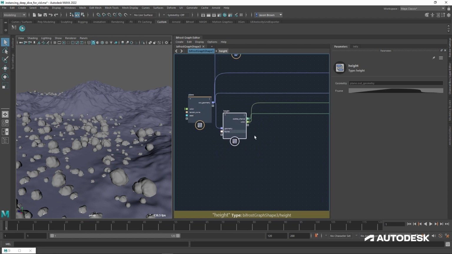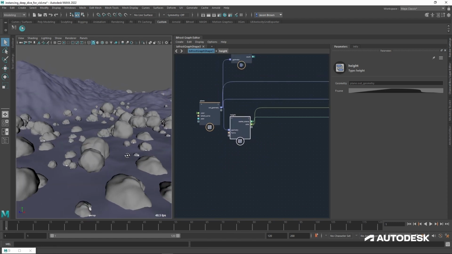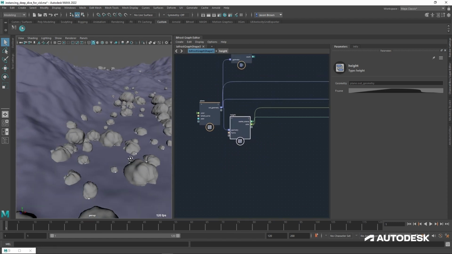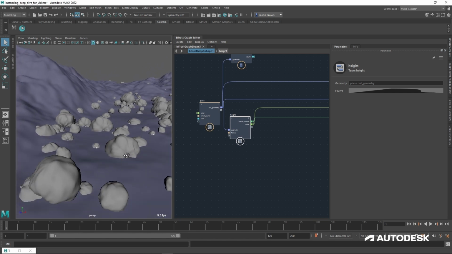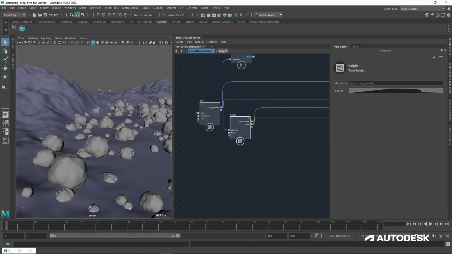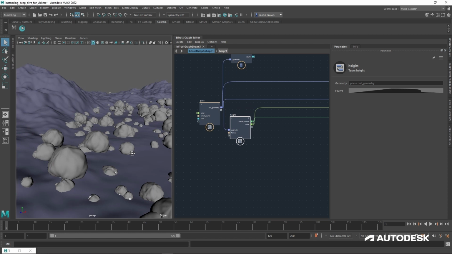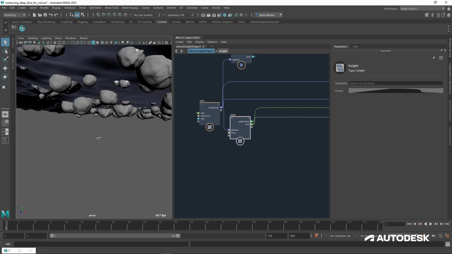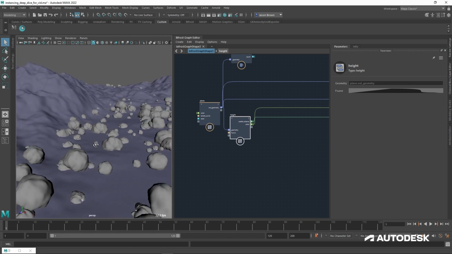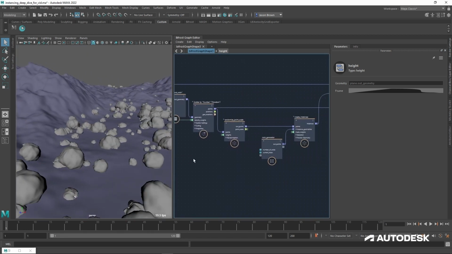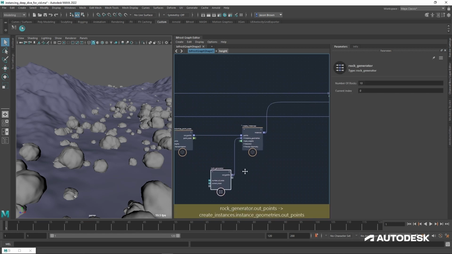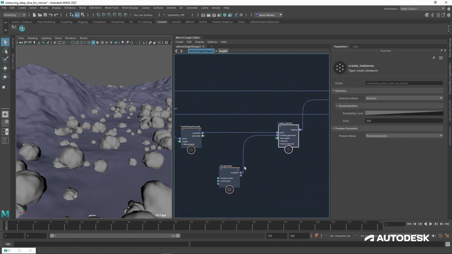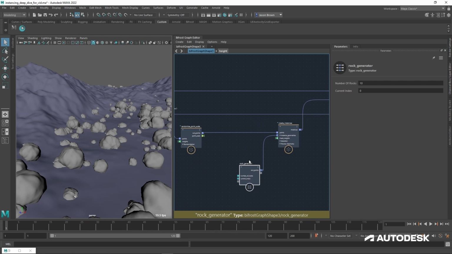Okay, so what now? All of these rocks are pretty much facing the same way. They're nice and random. It's not amazingly obvious that they've been cloned. You can find them. Those two are the same rock and they're pointing exactly the same way. They're also both sitting a little bit high. So the next thing I'm going to talk about is rotating these instances. Now, this is where the point orientation comes in from earlier.